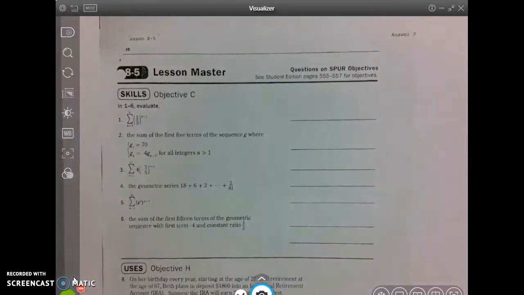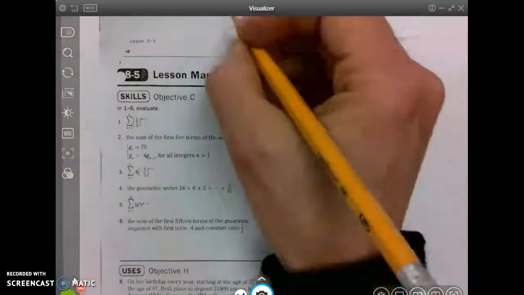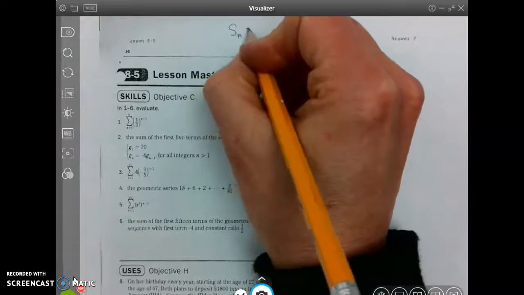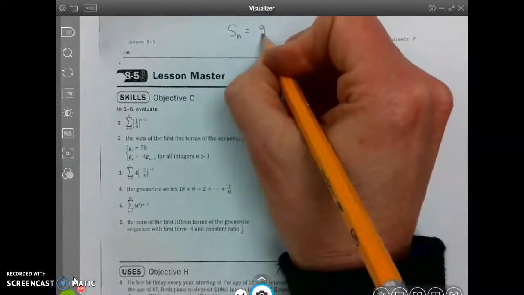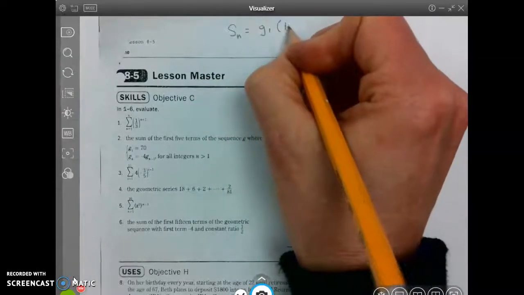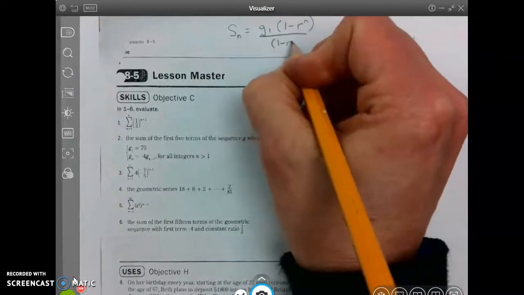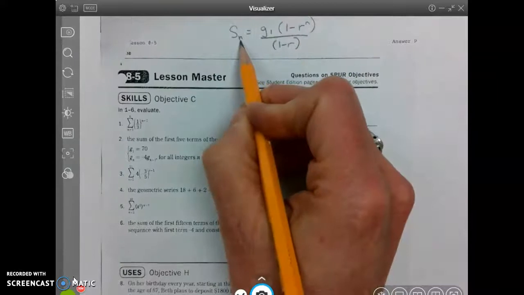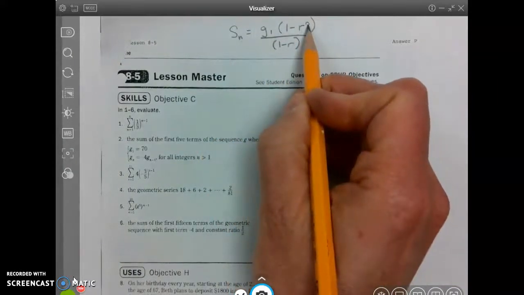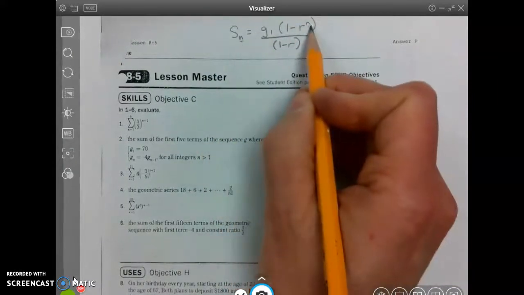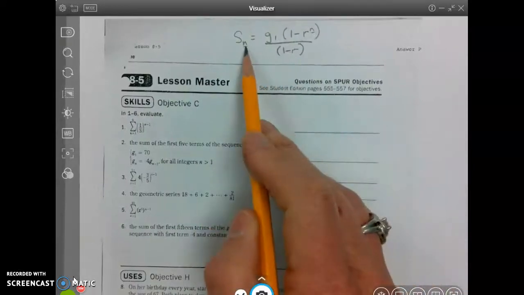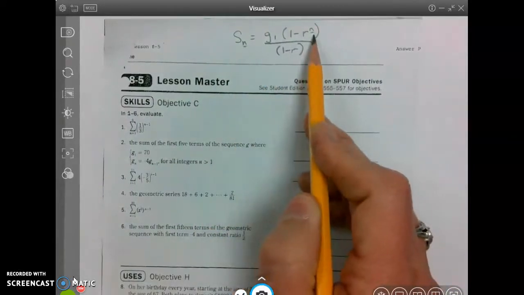So let's complete Lesson Master 8.5, and looks like these are geometric series. And so let's go ahead and put that formula at the top so that we remember what formula we're using. And I want to stress again that this is n and this is n. One of the most common mistakes is that people want to put n here and n minus 1 here,